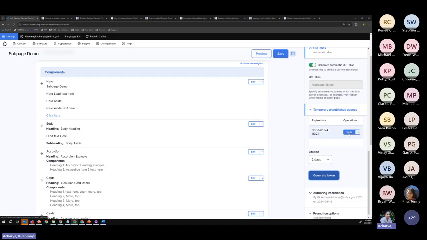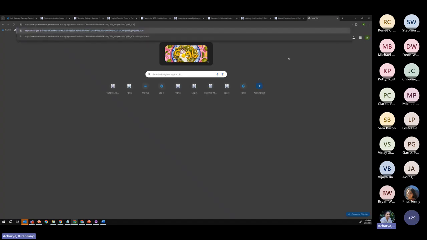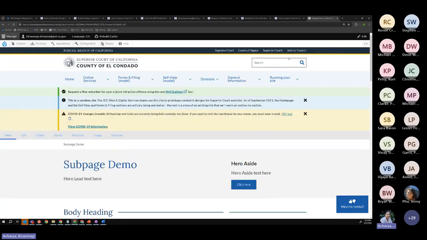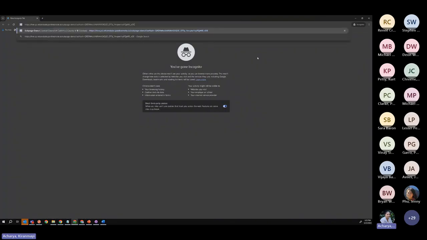And then I have to click copy because this creates a URL. So once you click copy and then paste the URL over here, you can see that any user, I'm logged in. Let's do an incognito. So when I click on here and I do this,